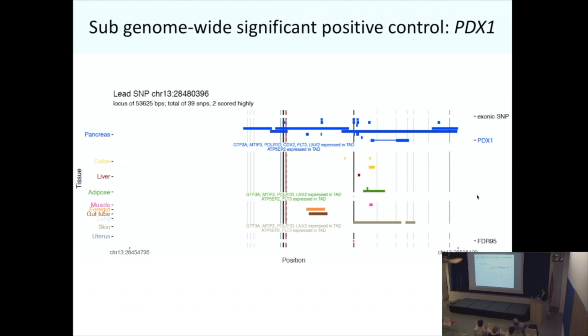So here's one. The most associated site in this region is in this dotted red line. But actually, there's this site over here that overlaps a lot of marks in pancreas. Again, because we think PDX1's action is relevant in pancreas, the fact that there are transcription factor occupancy sites as well as marks of open chromatin that seem to overlap this one variant that's in strong linkage with the most